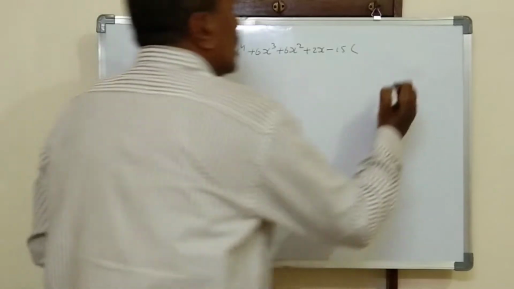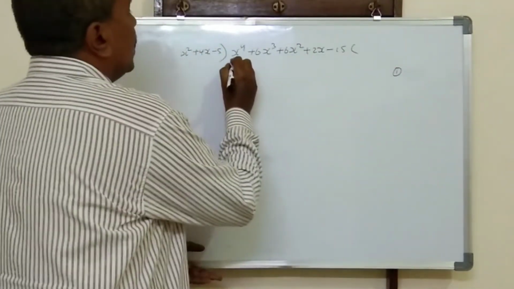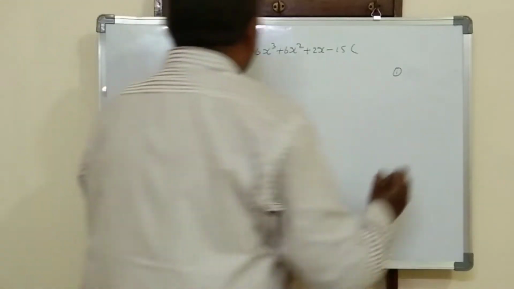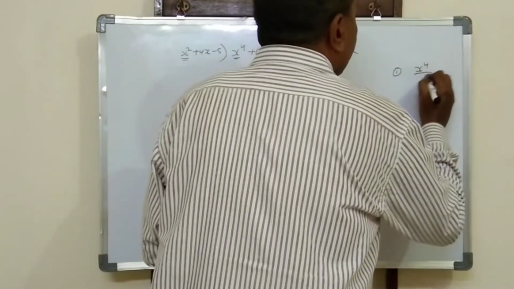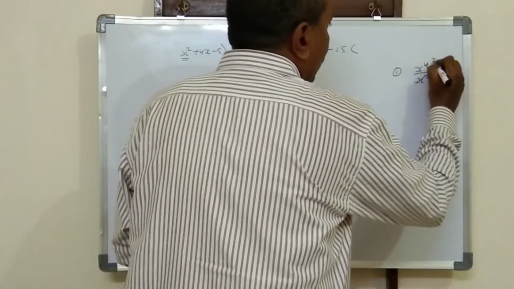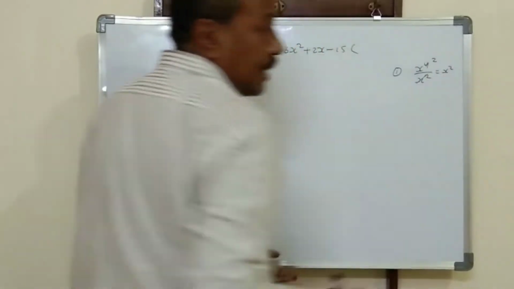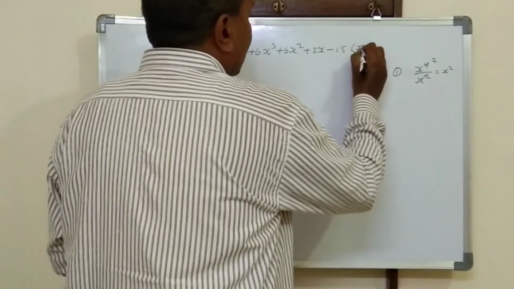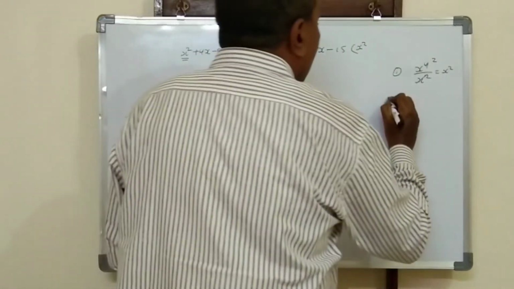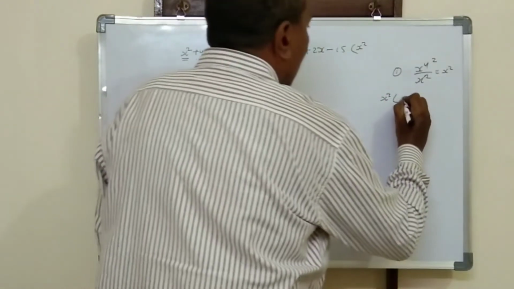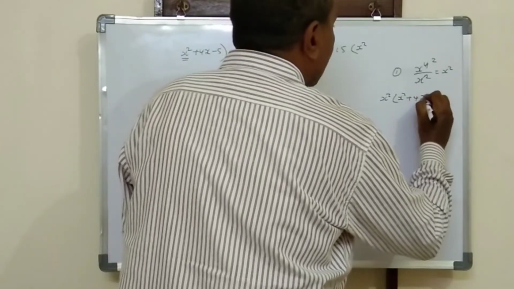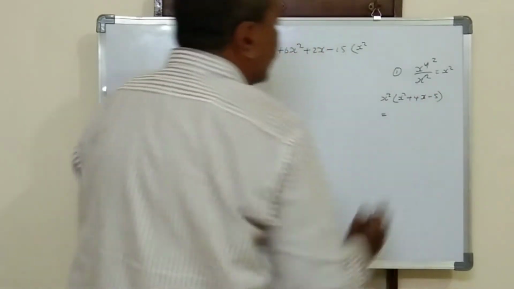As usual, first step, the first term of the dividend should be divided with the first term of the divisor. X power 4 is divided with x square. Okay, x power 4 by x square gives x square times. Okay, x square into this entire divisor, x square into x square plus 4x minus 5, which is equal to